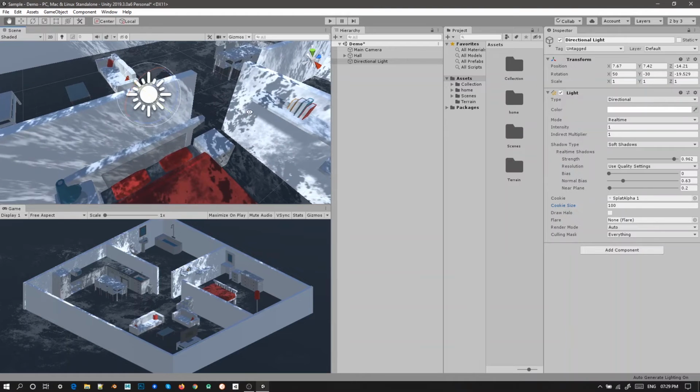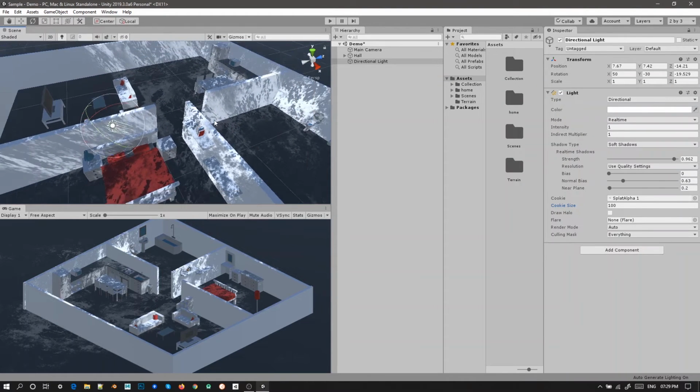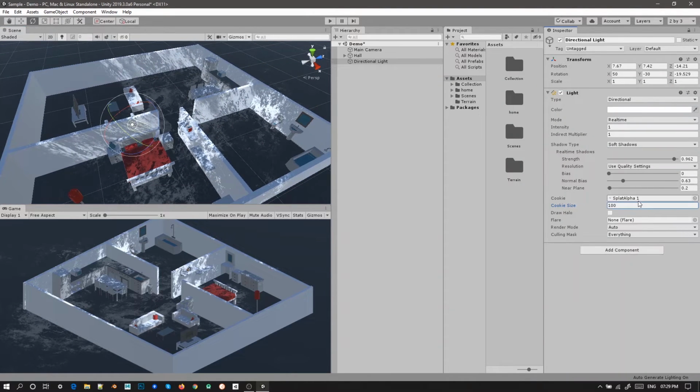Okay. So next to that we have the option called draw halo, and if you want to use this option you can just check it, and this will provide you with the spherical view of the light, right? So it is clearly shown here that the light is getting a spherical view now. And if you don't want it, then you can just go back and uncheck the box.